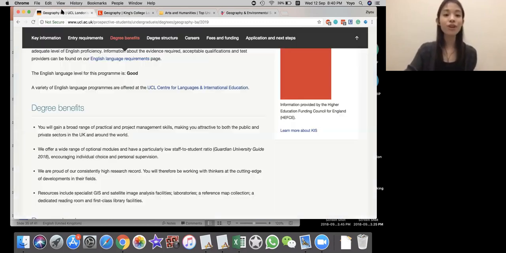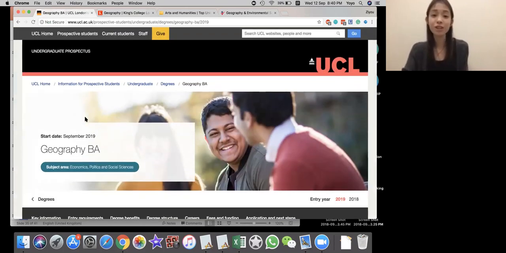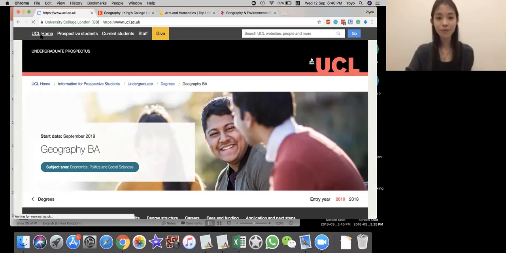And let's say I'm satisfied with UCL's course, I'm very interested in the curriculum that it teaches. So I really want to know what kind of university UCL is, because I've got so much information and so much statistics and data, but I don't really know what kind of university it is. So I would be going on from the essential criteria to the recommended criteria right now. So I can go to UCL Home.